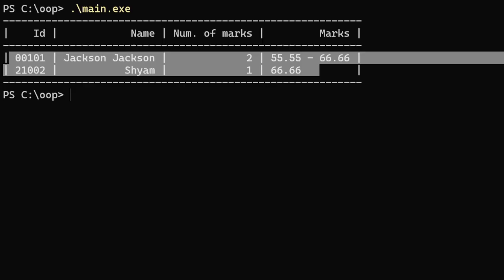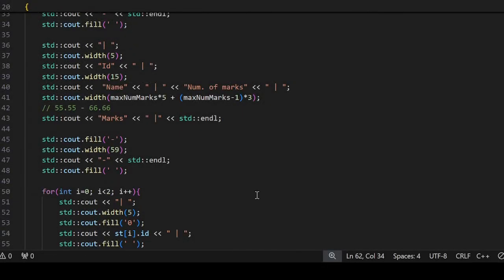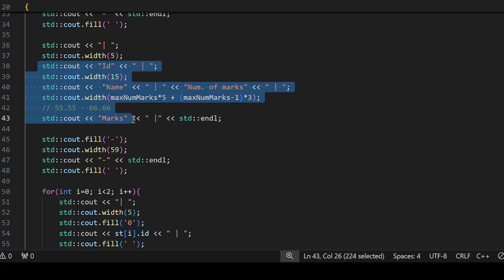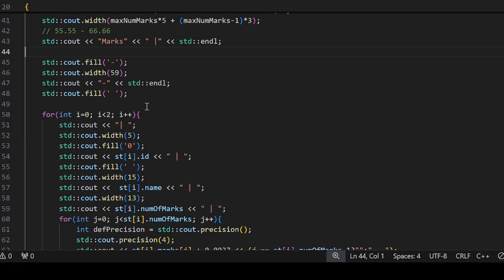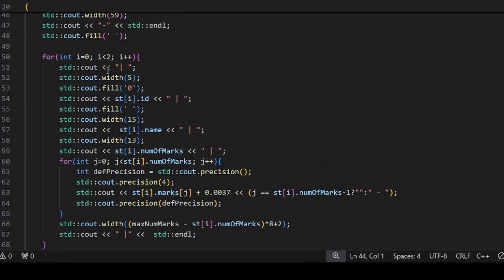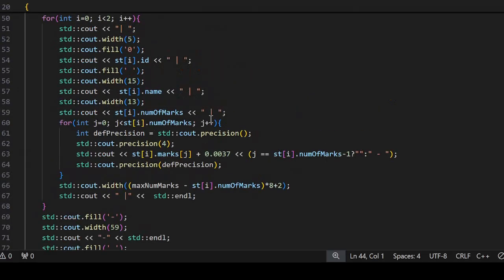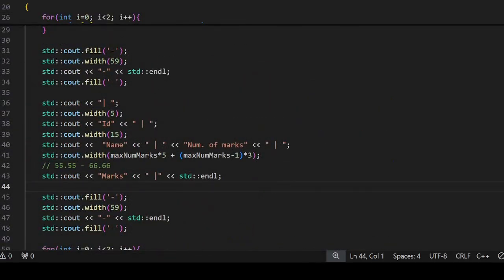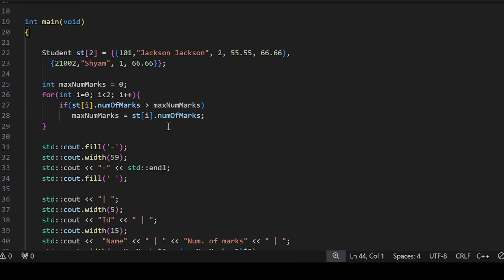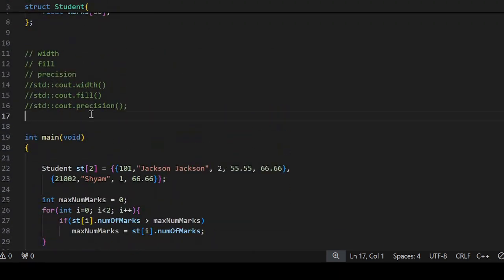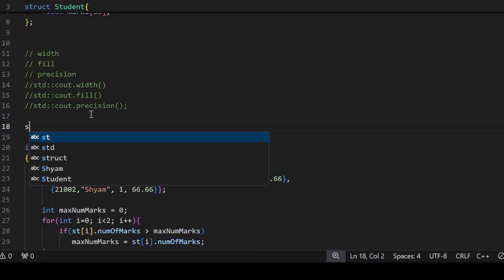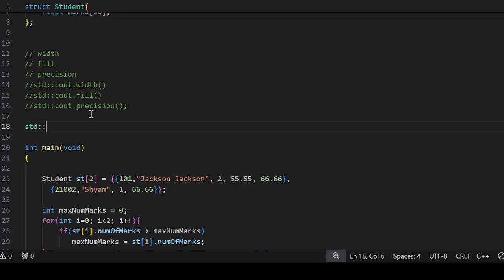Now this part of the code is to display the title row: ID, name, number of marks. And this is the loop which will iterate to display the first row and second row in its first and second iteration. Here I will actually demonstrate the use of the following functions that you can use with cout,